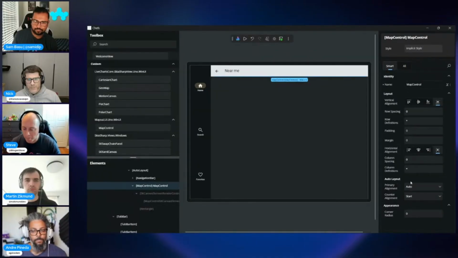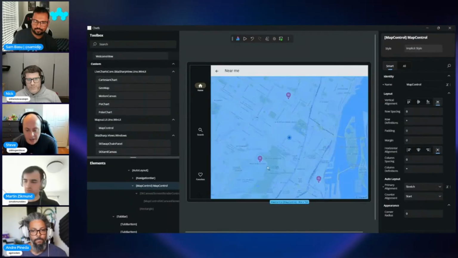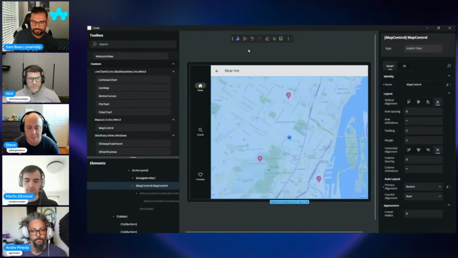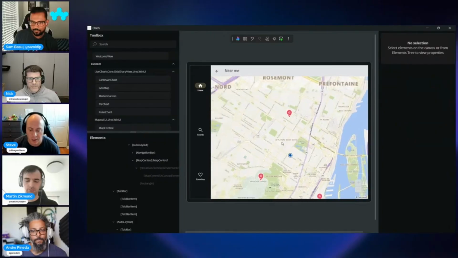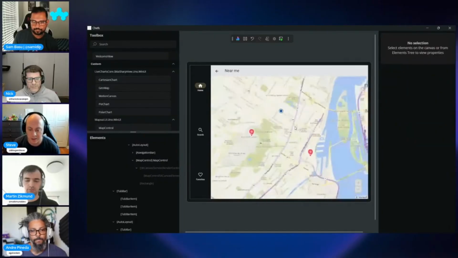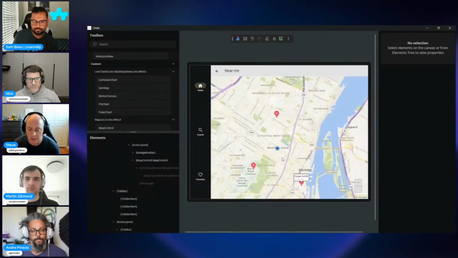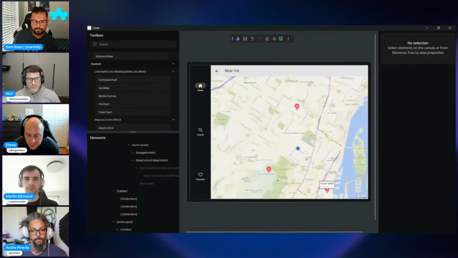So all I need to do is switch this primary alignment for my map control to stretch, and we'll let that kick in. And we now have this nice map that's set up. And since the hot reload has kicked in and everything, when I added the name to the map control, it's found that instance, it's loaded the tiles, it's loaded the pins and everything from the mock data, and we can actually just go into interaction mode, so we can start using it, and it's working just fine. So we can click on our pins, we have it all interactable, we can zoom in, zoom out,